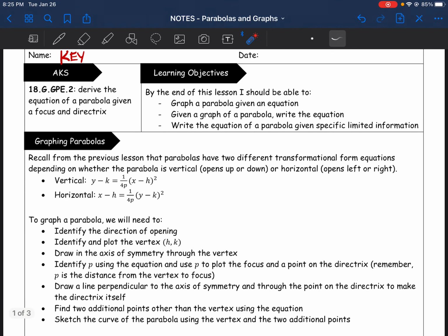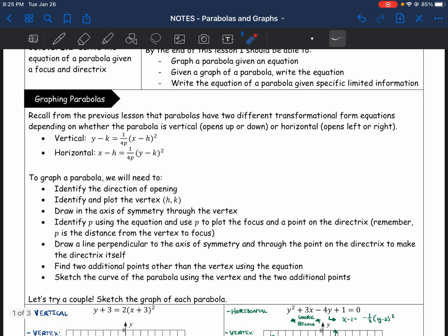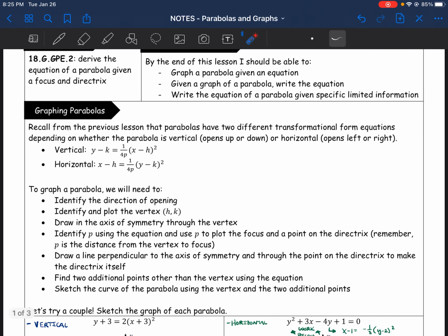Recall that for a vertical parabola, notice that y is on the left side and y is being raised to the first power. For a horizontal parabola, x is on the left side and x is being raised to the first power. Now, in order to graph a parabola, we're going to need to identify the direction of opening,